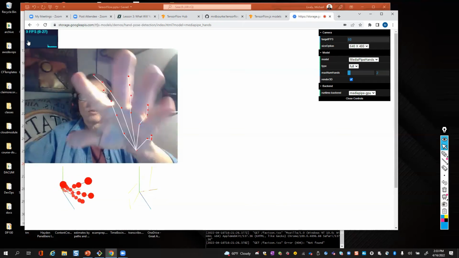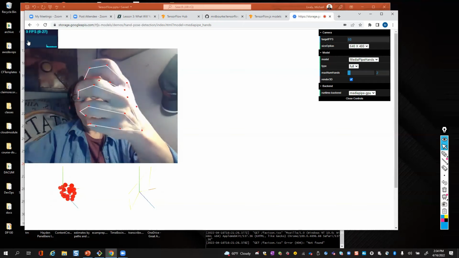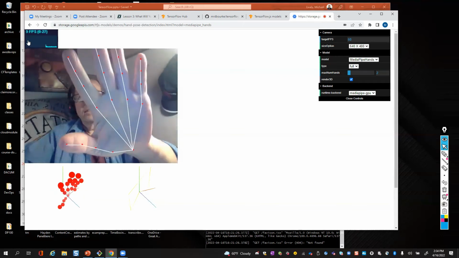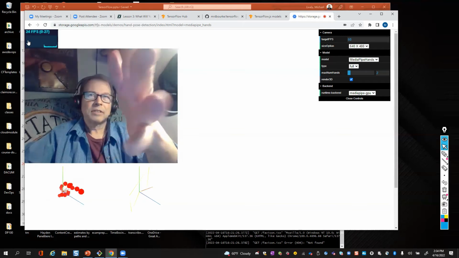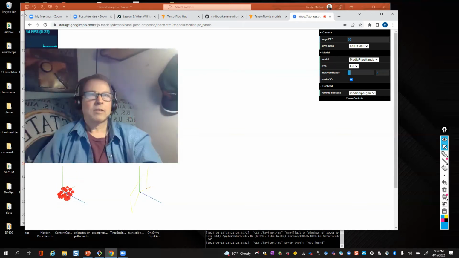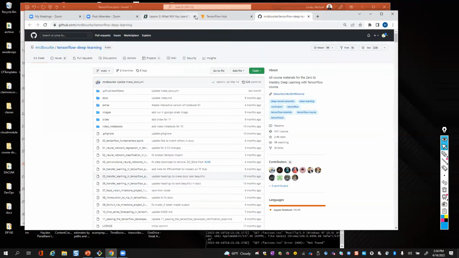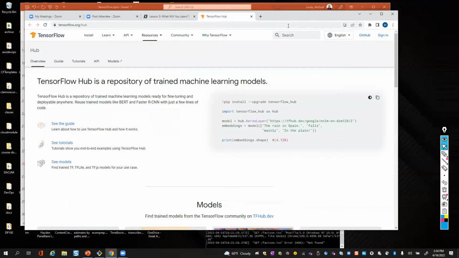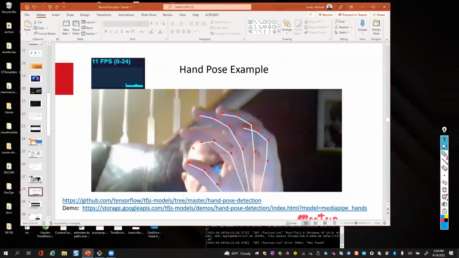All right. Any questions about that, guys? Can you see that? If I wanted to build a machine that could shake your hand, I could actually do that, right? Using something like this. All right, with that said, that was the next demo. Let's get rid of that. And that's the pre-trained models.